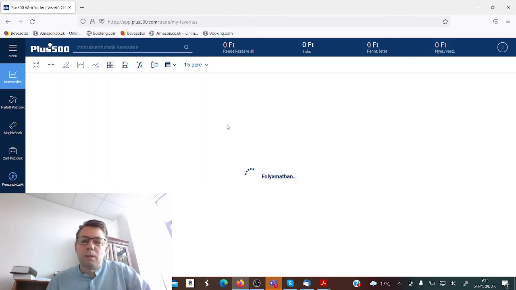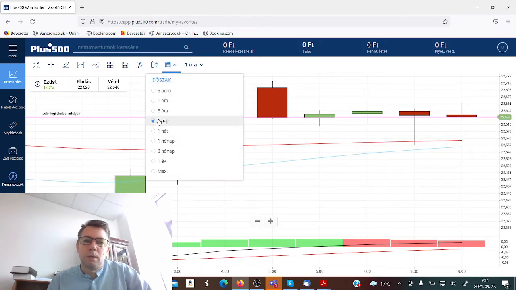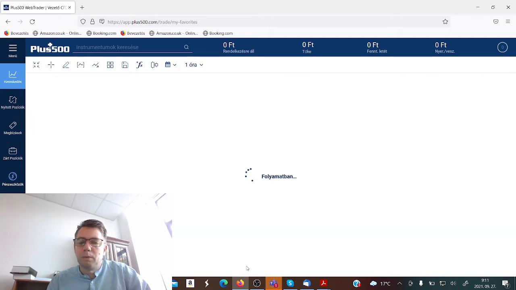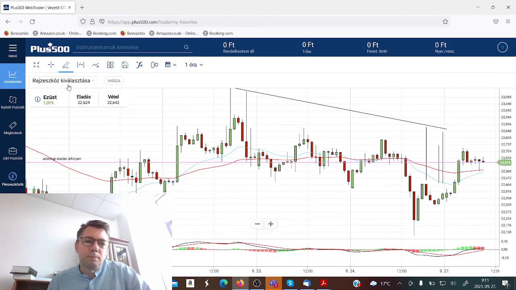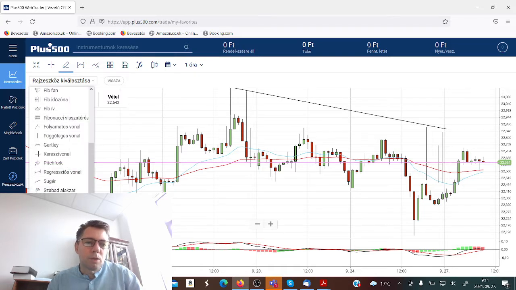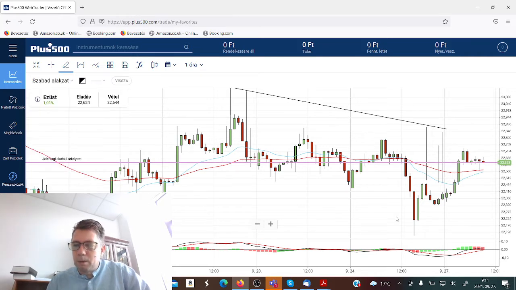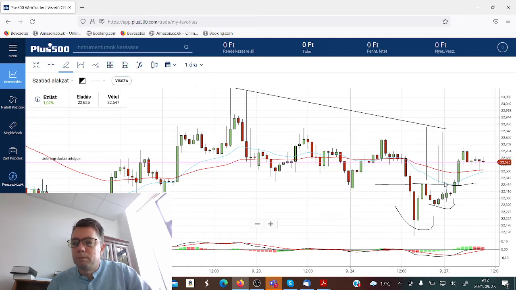1-hour chart. Let's look at the 1-hour chart and see what we can see here. Wow, look at this. Yesterday I made a video on the W pattern, which is actually a trend reversal pattern, and this is right here, a W pattern, and the neckline is here. We were under the neckline. If you watch my video from yesterday or the day before yesterday, at the weekend anyway, we broke above